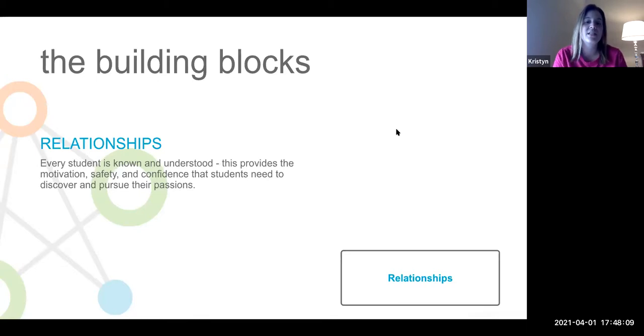So this enables us to provide a safe environment where children feel that they are able to learn. They're able to fail, they're able to learn. It gives them confidence in themselves. They learn about themselves. And truly, we believe that students come to school because of a relationship that they have in the building.